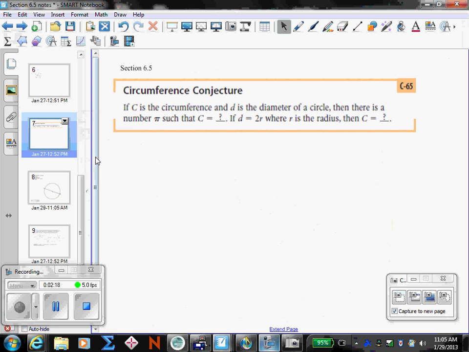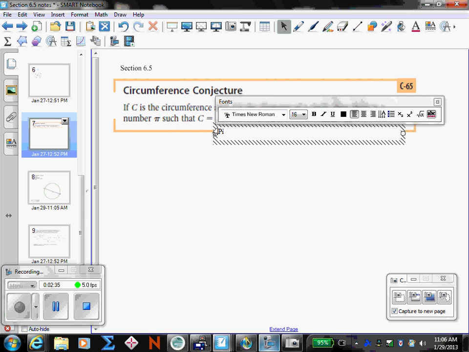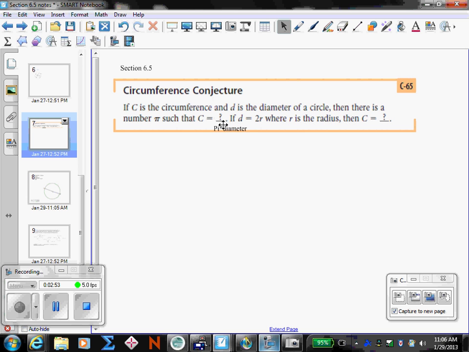So the conjecture says if C is the circumference and D is the diameter, then there is a number pi such that C equals pi times diameter, and I'm just going to write pi because I don't have a symbol for it here. Pi times the diameter